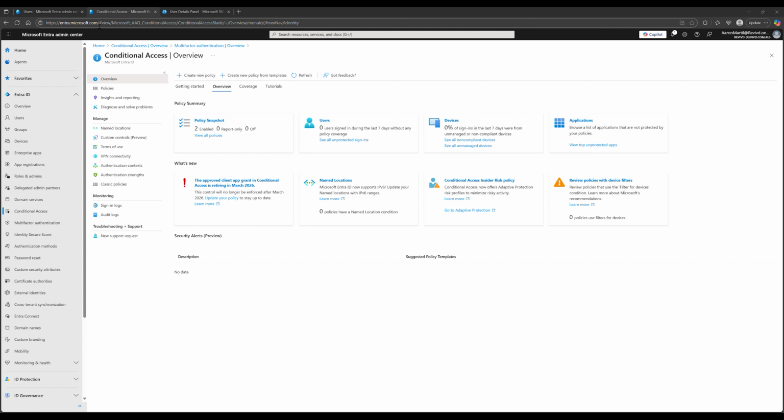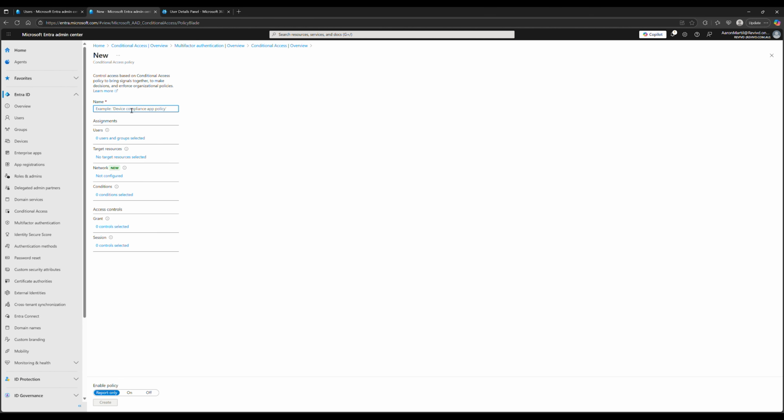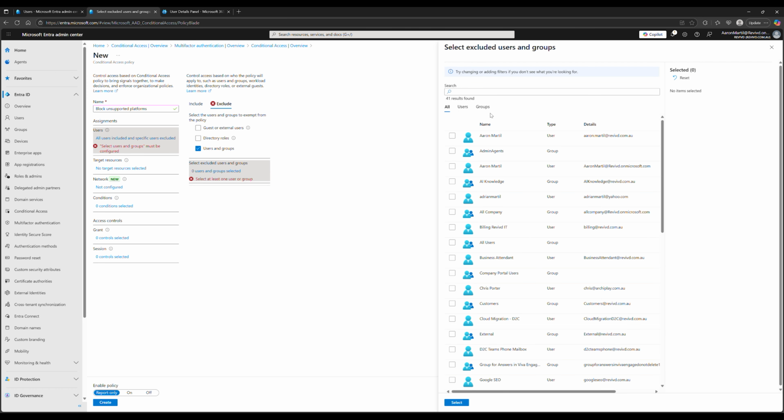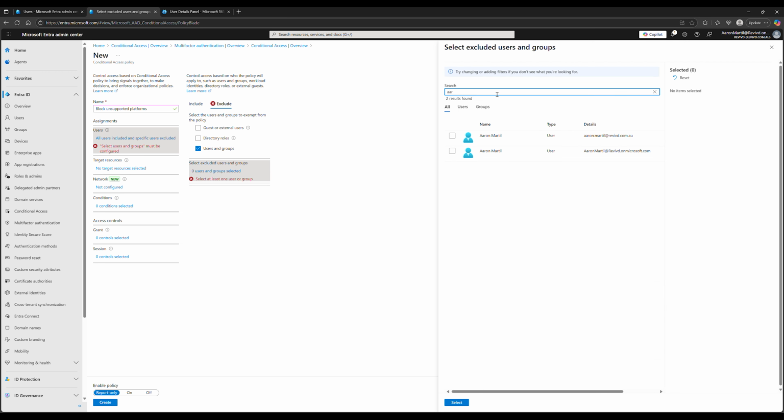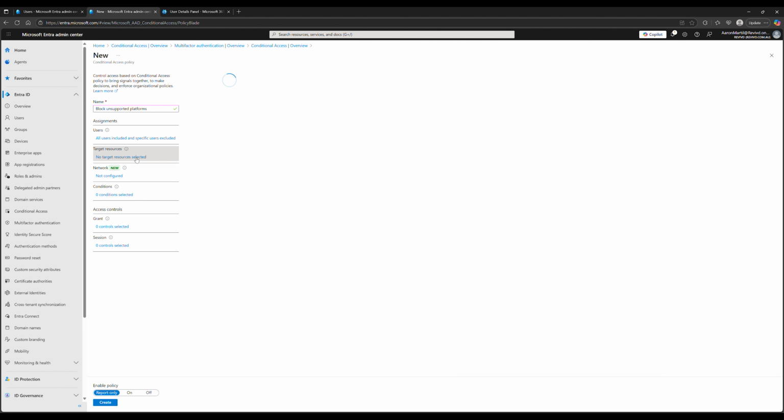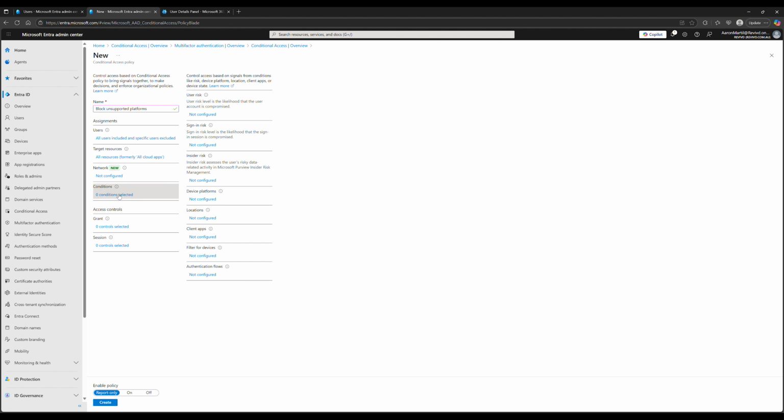So again, you'll need to jump into the Entra portal, go into conditional access, and then create new policy. And I'm going to say block unsupported platforms. Again, select all users. You can exclude yourself from this. Like I said, it's always good to have a break glass account for testing. And then I'm going to do all resources, and then